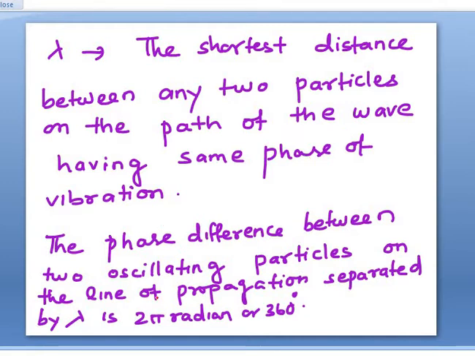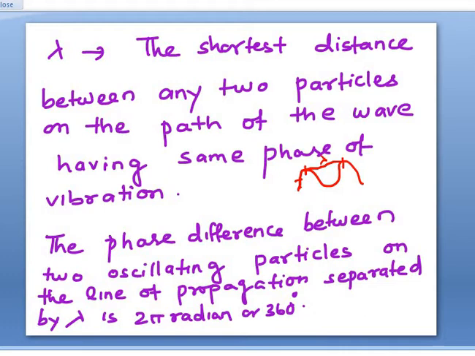Now the phase difference between two oscillating particles on the line of propagation separated by lambda is 2 pi radian or 360 degrees. Suppose this has the same phase, this has the same phase, this has the same phase, and this distance is known as lambda, and the phase difference is 360 degrees. For a sinusoidal wave, it is repeating itself. That is, this and this, when they are separated by a distance of lambda, the phase difference is known as